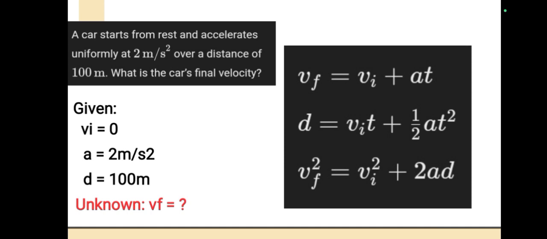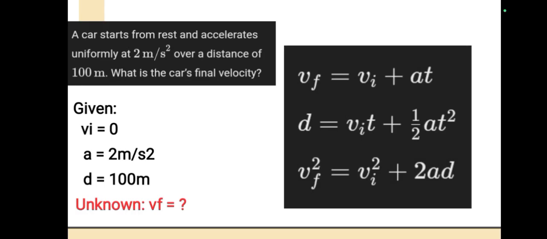Okay, so from this, we will now choose which formula will best fit the characteristic of the problem. Are we going to choose the first equation, second, or the third? How will I know that I am using the correct equation? First, make sure that the unknown is part of the formula. Since Vf is not found in the second equation, that means the second equation is eliminated from the choices. And that means I only have the first and the third equation.